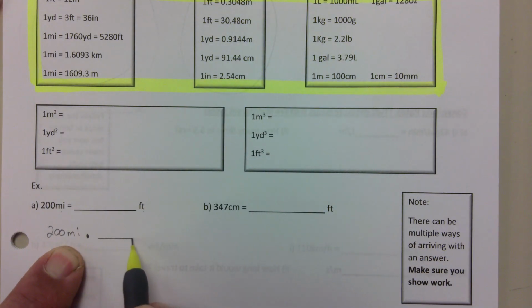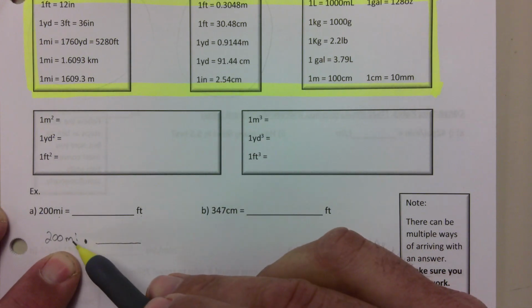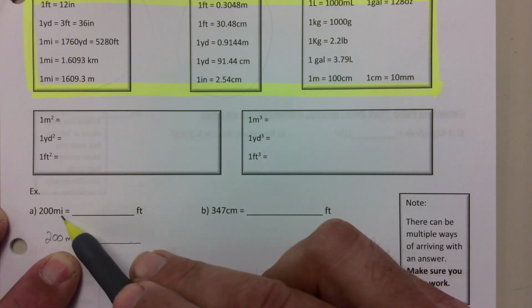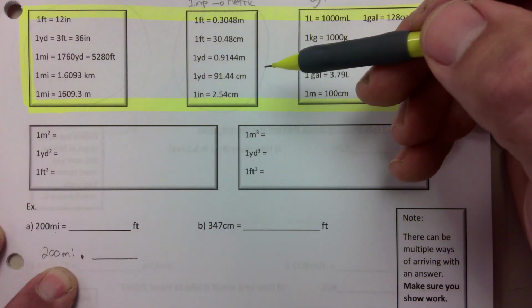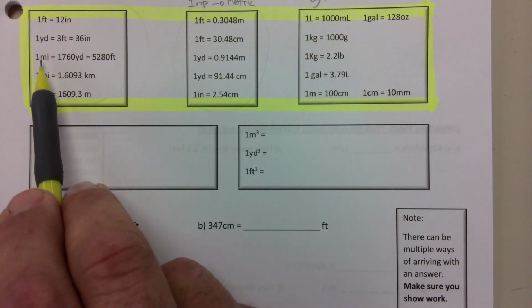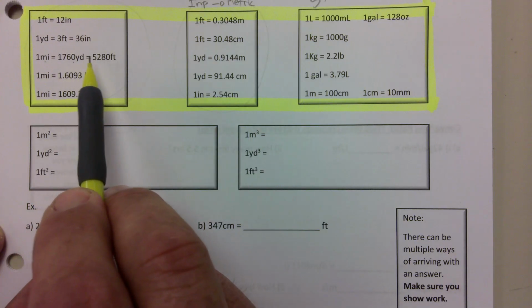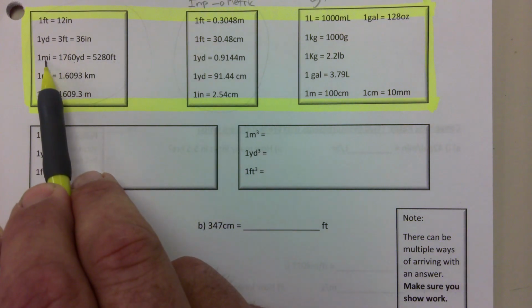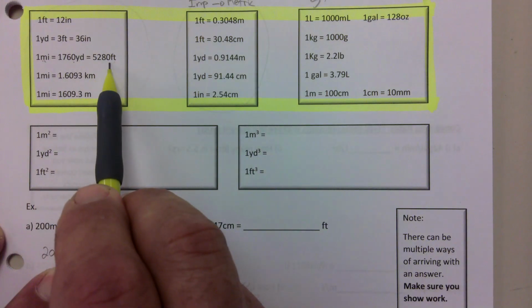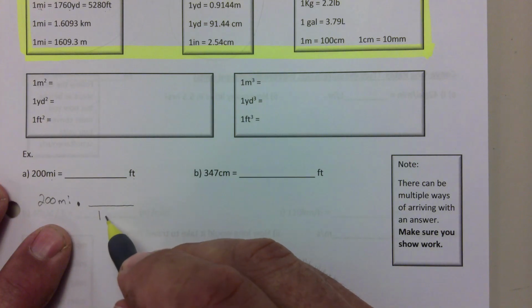So I want feet, correct? That's what I want. So I'm going to look for something that relates miles and feet. So let's go up here. And where do you see that? I have 1 mile is equal to 1760 yards, but it's also equal to 5,280 feet. So miles and feet is right here. I'm going to use that one. So I will say that 1 mile